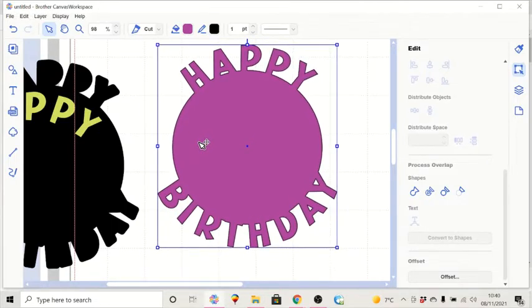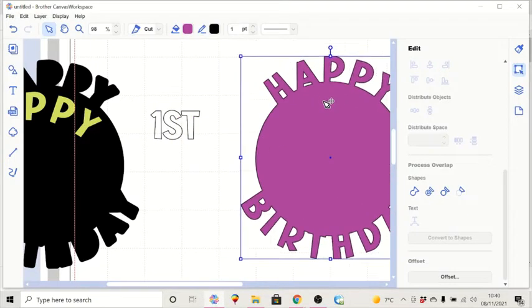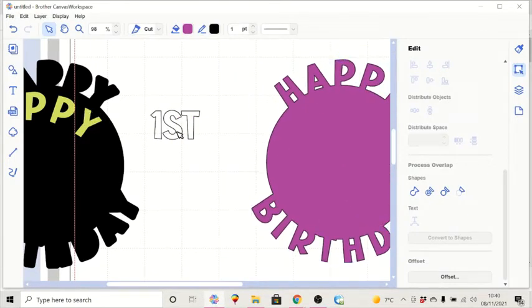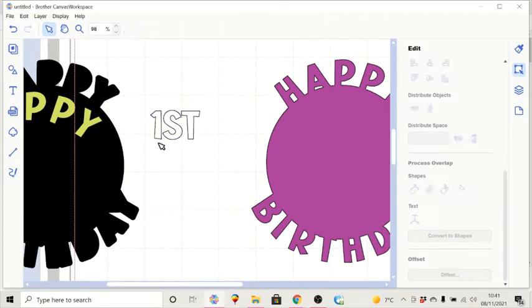and that is to actually add some more text in here. And we're going to add "first" for a first birthday. And I'm going to highlight that and come to Process Overlap, and I'm going to divide this so that I have three separate